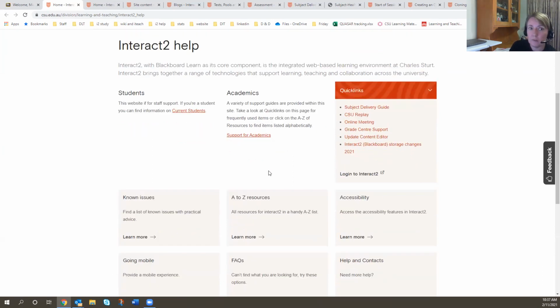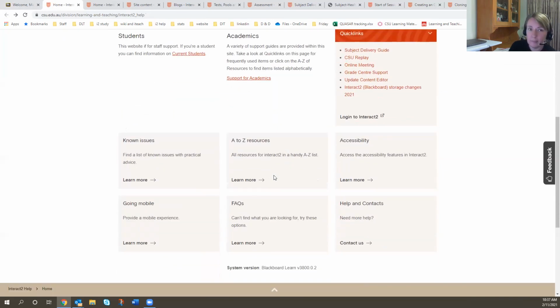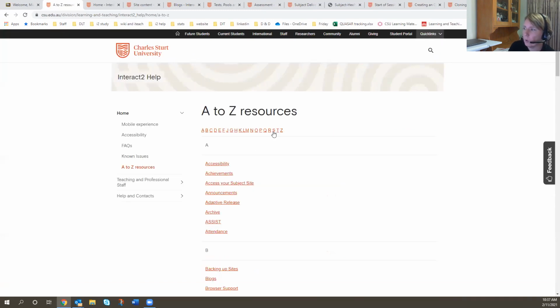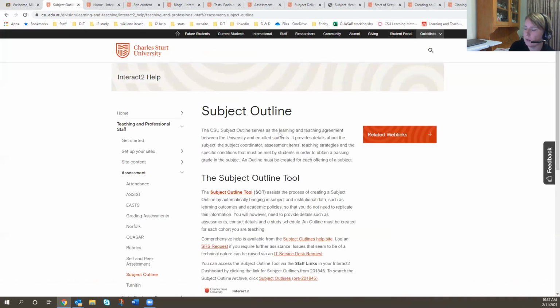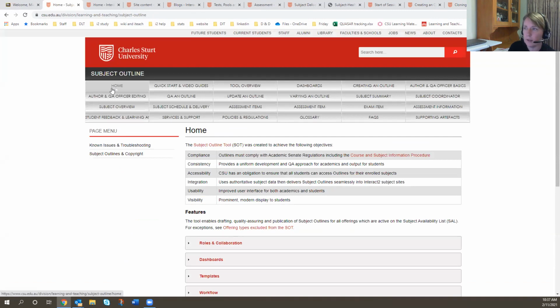If you need something specific that's not on our quick links, there's two ways to come into the site. We can click on the support for academics and it gives you a nice left-hand nav. The other way, which probably is the simpler way, is to go to the A to Z resources. You, for example, might want some guidance on subject outline. So you click S, and then it takes you to the subject outline tool. Some of the pages like this one have general information, and then it takes you off to a DIT or an additional page. So for this case, subject outline is a DIT tool, so it links you to the DIT subject outline tool.